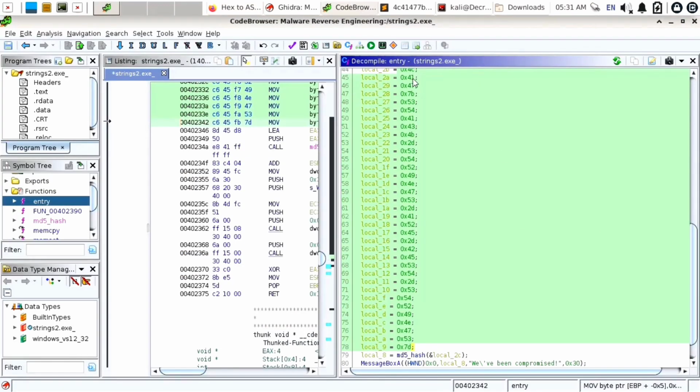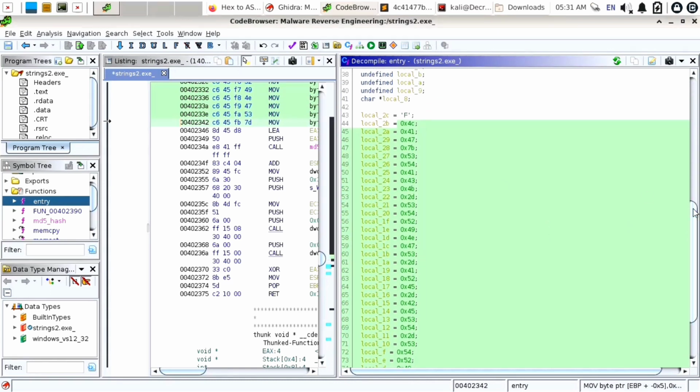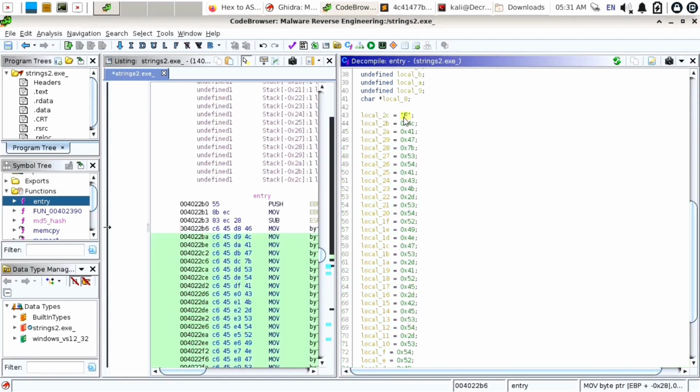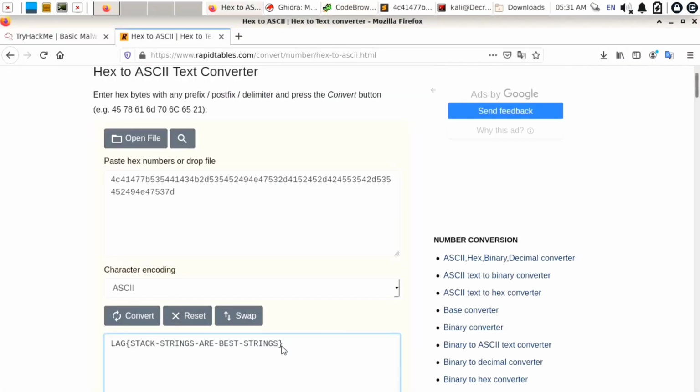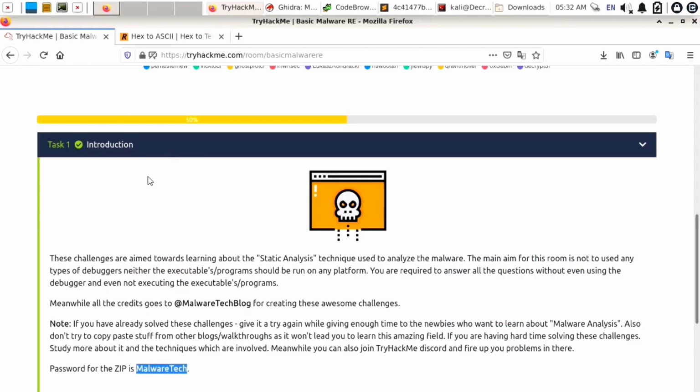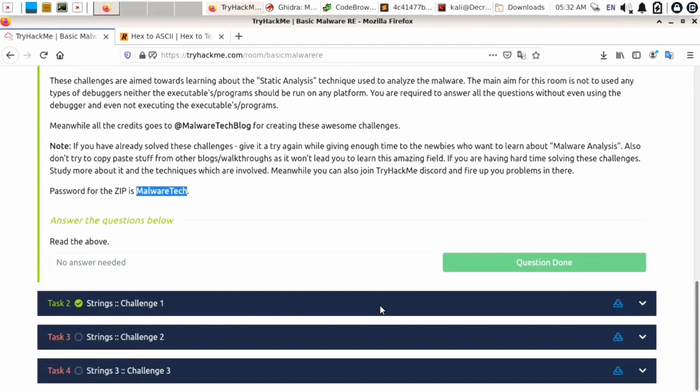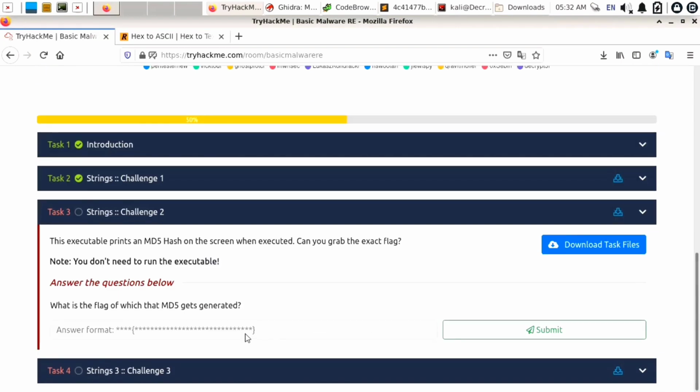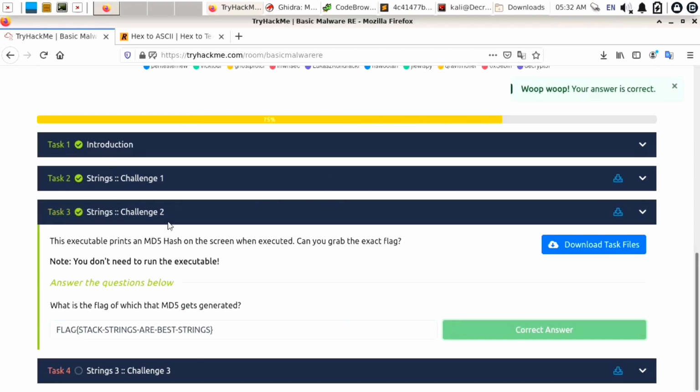So if you analyze this code in the browser, the value of local 2C was in plain text format, so here is our value of F. So we just need to copy that value and add this F in front of that. It is the value of local 2C. So I'll just use Control C, open TryHackMe, scroll down below, open task 3 and paste everything by Control V, click on submit. So this is how you can easily solve challenge 2 on this machine.